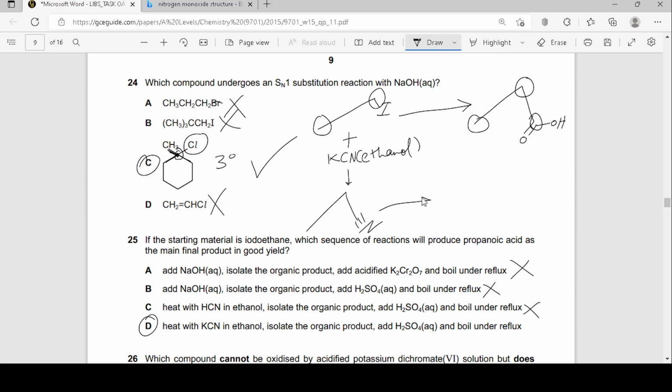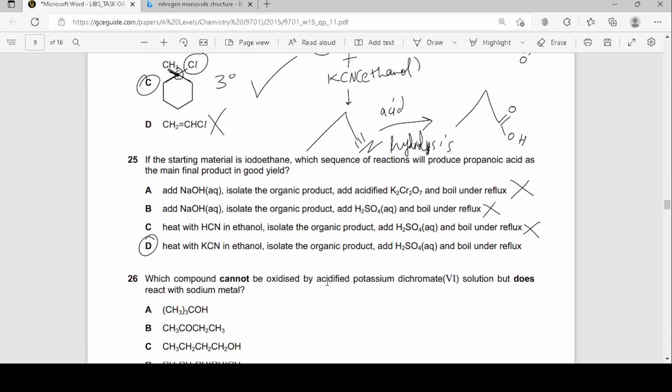Okay. And then this one, when you add H2SO4 aqueous, you're doing acid hydrolysis, aren't you? Because you're adding H2SO4 aqueous, the cyanide group will hydrolyze to make your COOH, obviously. Okay, so that is what happens. And since H2SO4 is acid hydrolysis, it won't become ONa, it will remain as OH. And so your answer is